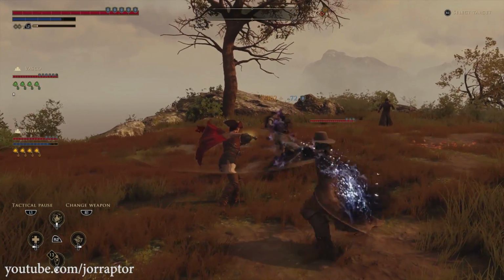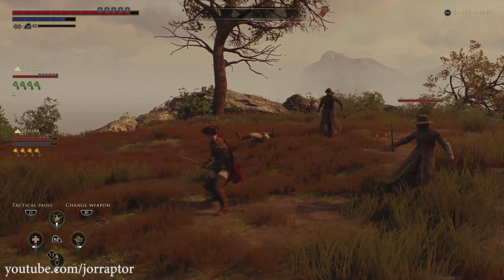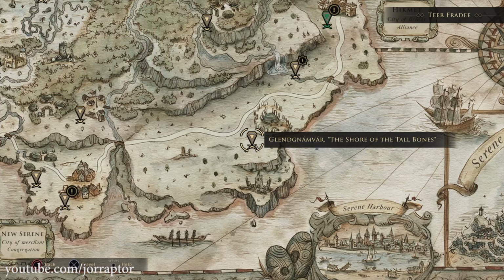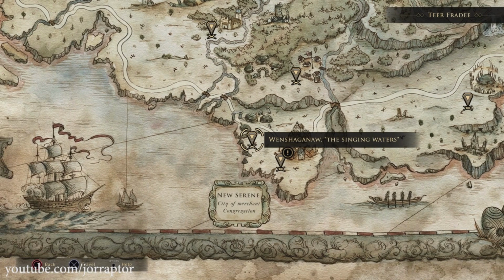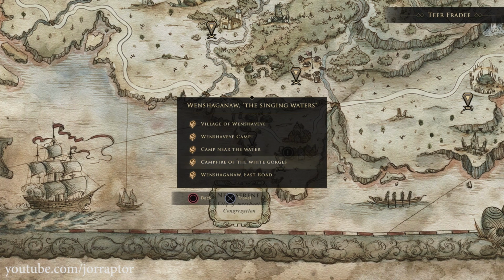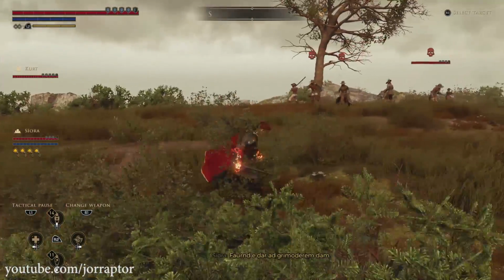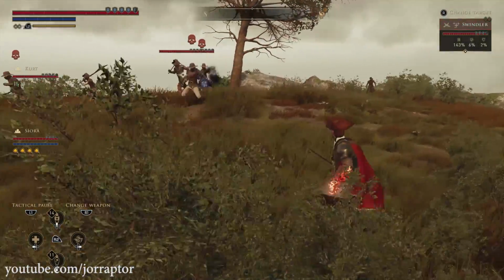A very nice group that you can farm for some pretty interesting loot, including purple drops, is near the campfire of the White Gorgus. You find it in the Wenchigana region, so that is near New Serene. But these enemies will have a skull above their head if you are not high enough level, so you have to be careful. The only problem really is that they hit real hard, so you want to parry and